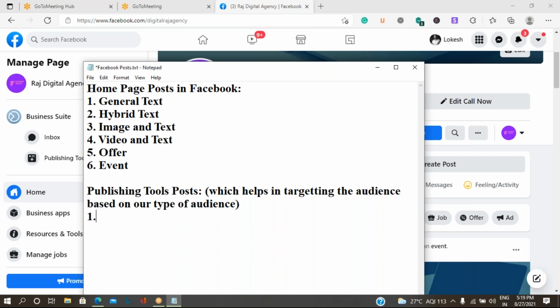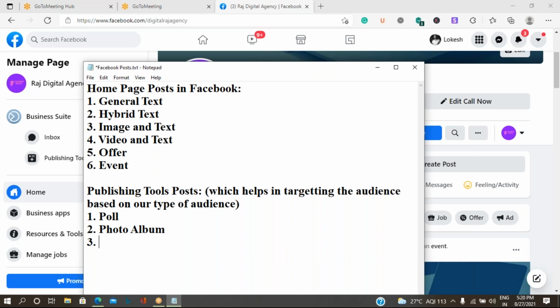So it will be poll post, photo album post. That means you can add multiple images at one shot, and you can show it like an album.